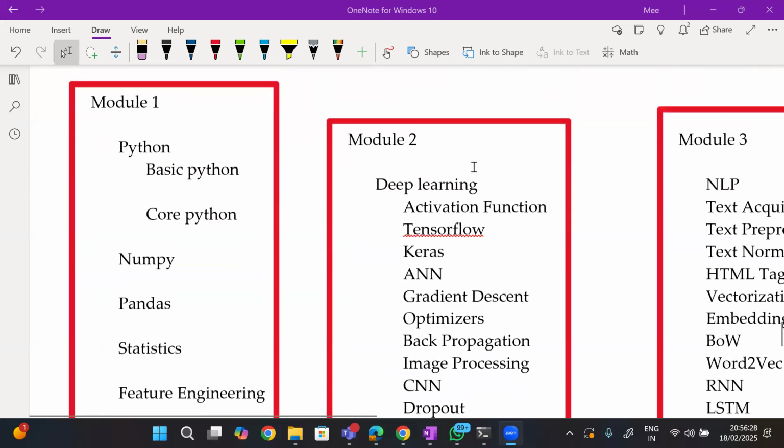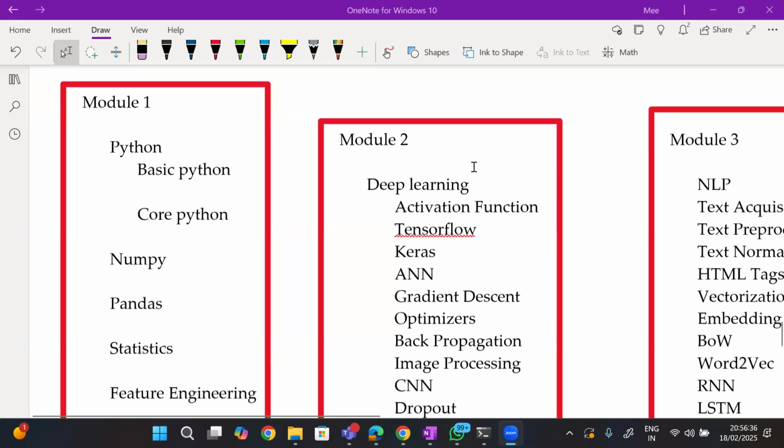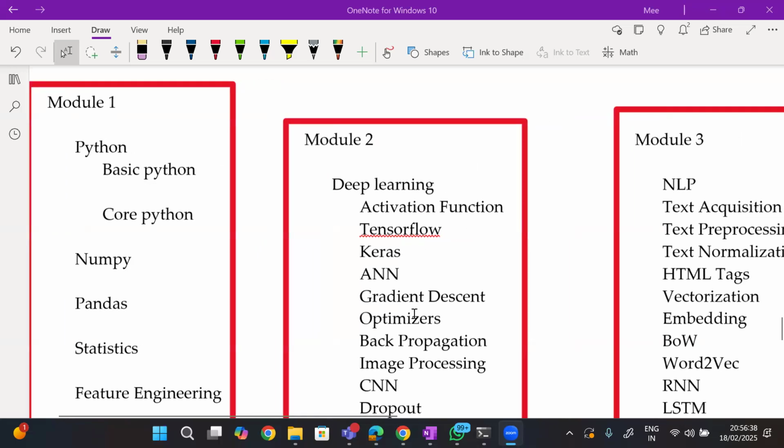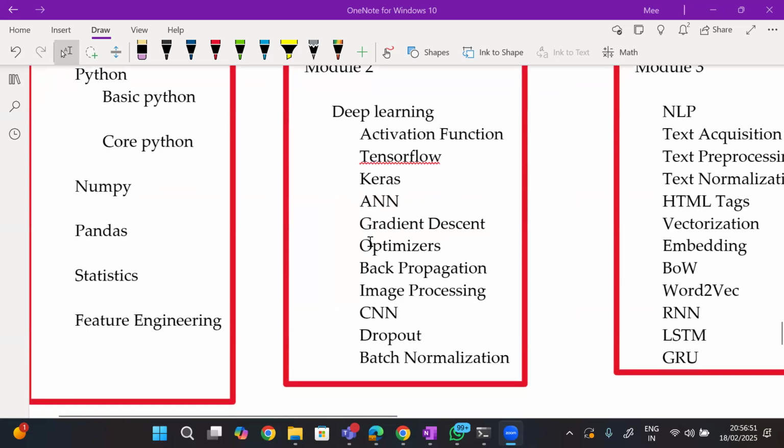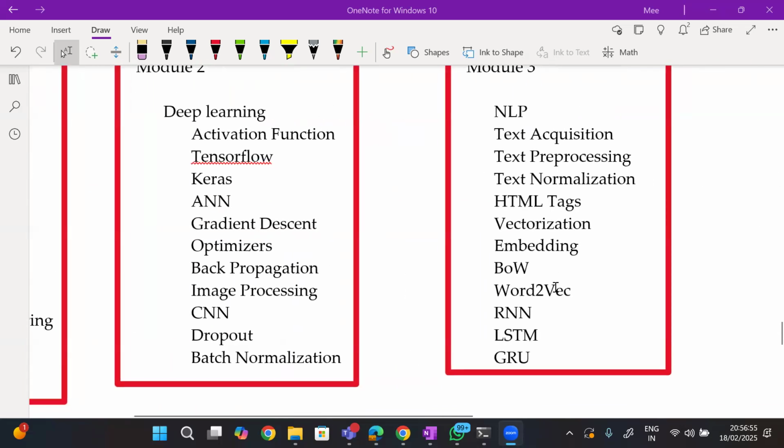Okay, see, it is not like you will be just comfortable with AI applications. No, it's not that. Here, what you're going to do is learn complete end-to-end development of AI applications. First, you will be dealing with deep learning and you will be dealing with NLP.